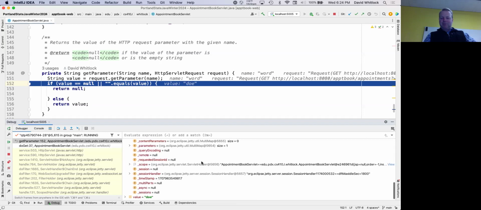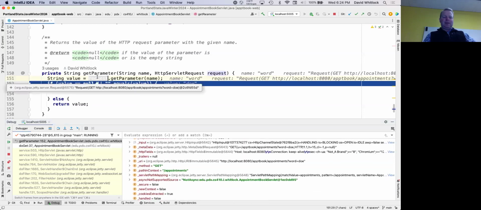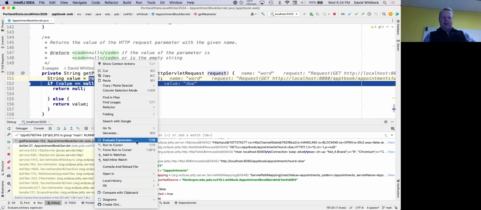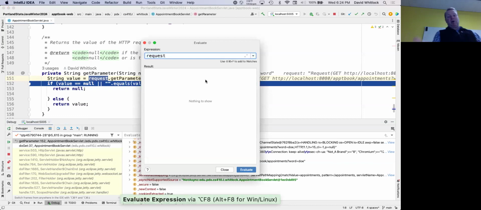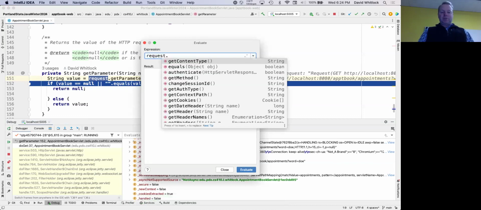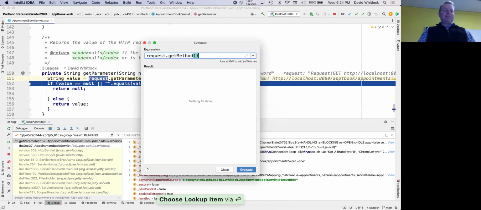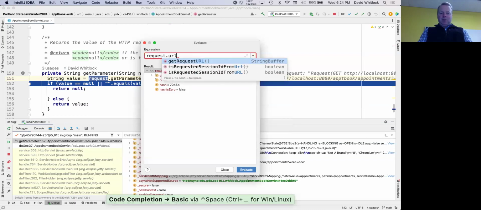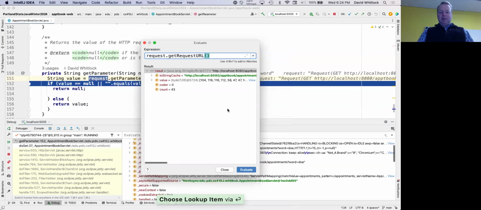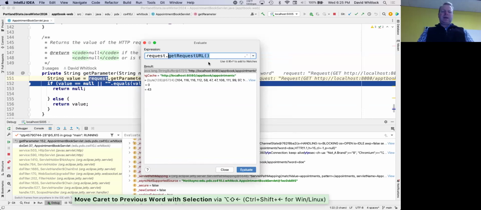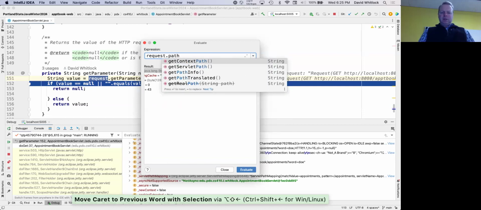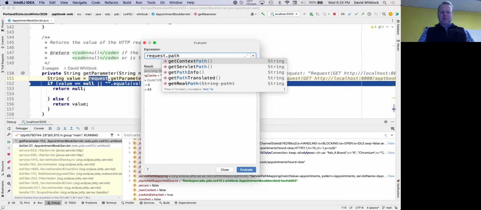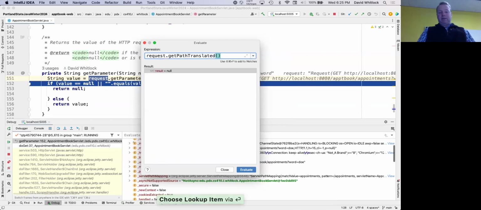Well, maybe not so easily here, but what you can do is highlight this and then right click and say evaluate expression. Now you can call methods on the request to find out all sorts of information about it. So you can get what is the HTTP method of it? Oh, it's GET. What else have we got? Like URL, got request URL in here. And this is the big old thing that I sent in. Also, what is it called? The servlet path, the path info. What's the path translated? Okay, no. Anyway,